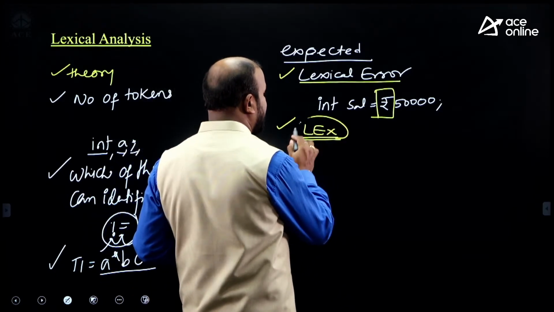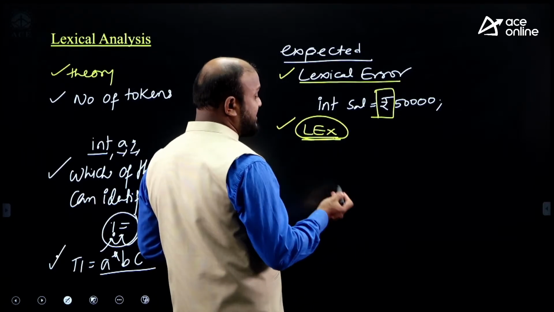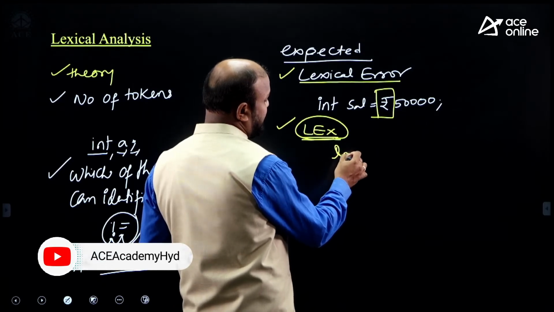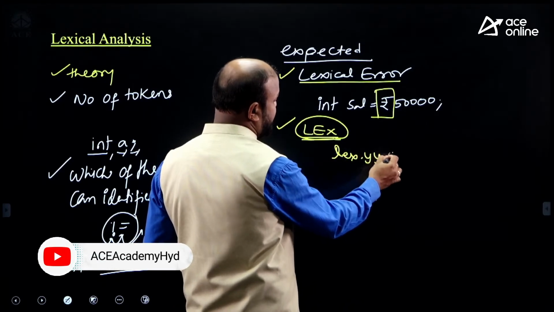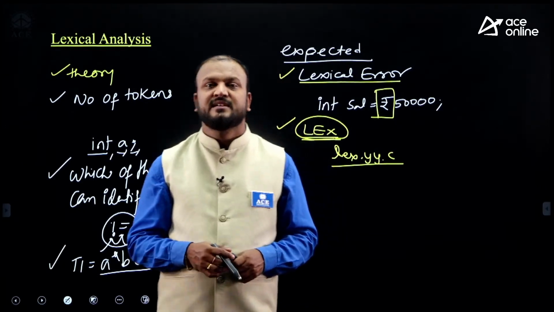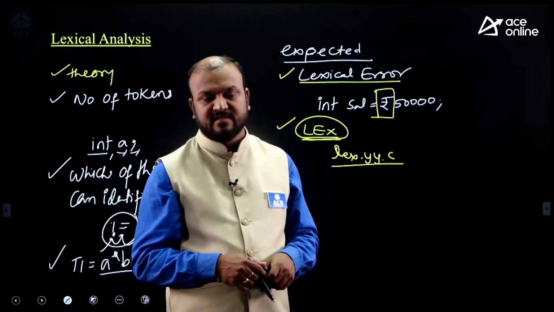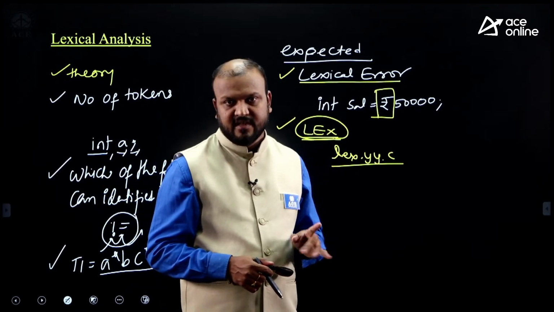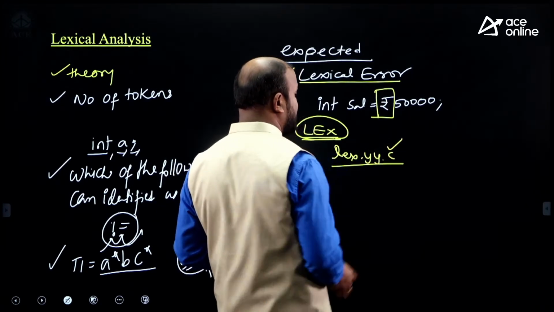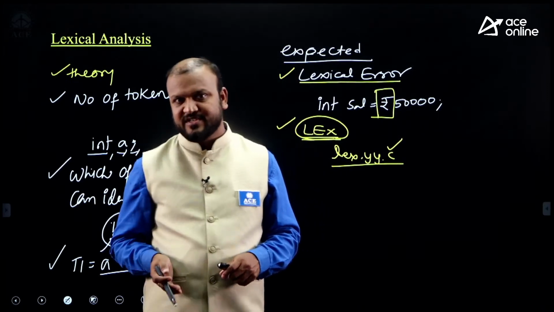Based on the lex tool, you may expect some theoretical questions like: what is the output of the lex compiler? The output of the lex compiler is lex.yy.c. What does lex.yy.c contain? It is a table representation of the transition diagram constructed for the regular expressions for the tokens, along with the standard procedures. That is automatically generated in the form of C source code by the lex compiler. This could be one possible theoretical question.